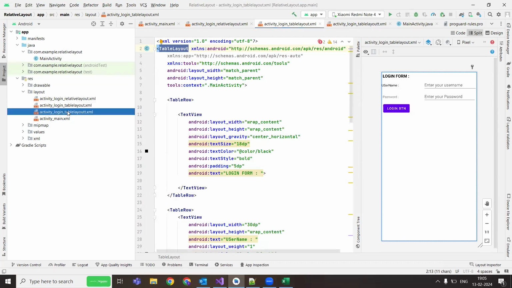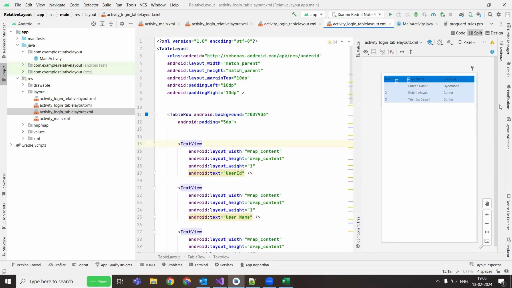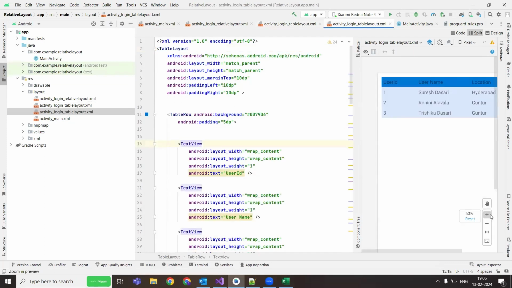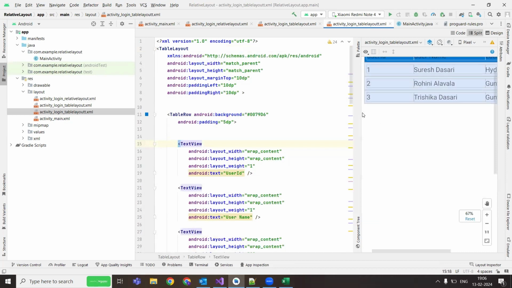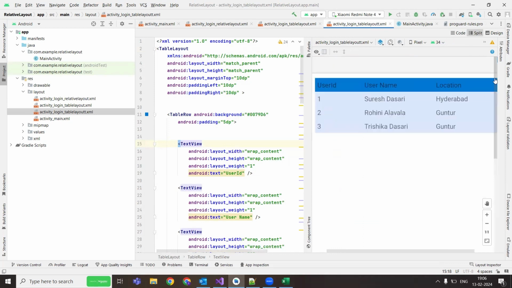Okay. So the main purpose of table layout is to create tables. In order to do this, I have created one more layout. To show a demo to you guys, I created one more layout called. So I'm just entering a